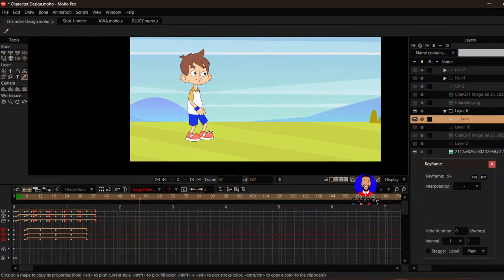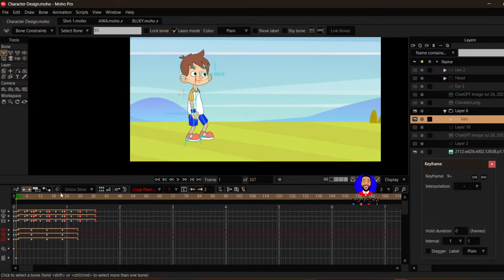So we have this walk cycle. You see the character is going up and down. And you can also add emotion to the head. It's not really necessary, but sometimes I like adding it because I want the head to feel like it's